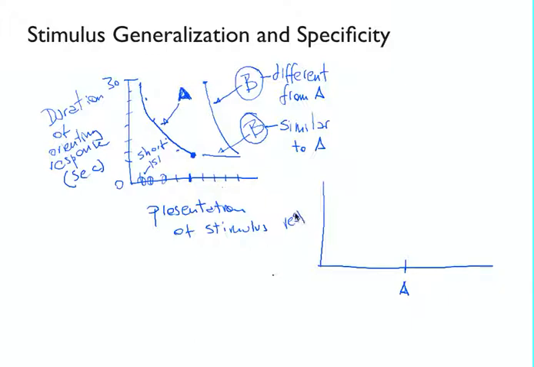So suppose that instead of trying just one stimulus B on this test trial, what we try is a lot of different stimuli that are different or similar to different degrees. So this is